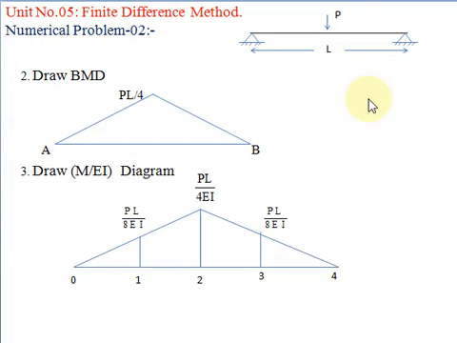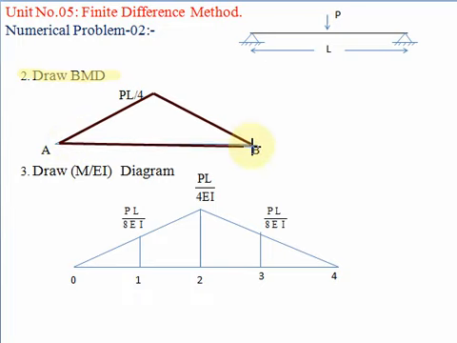Now, what is our first step? Discretization, and the second step is to draw the bending moment diagram. Now, how to draw the bending moment diagram? Which condition is given? The load is acting at the center. So what is the formula? WL by 4. What is the value of W? P. So PL upon 4 will be the value of bending moment at the center. Join this by a straight line like this. Likewise we have drawn the bending moment diagram.